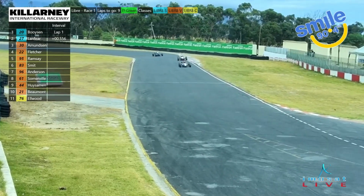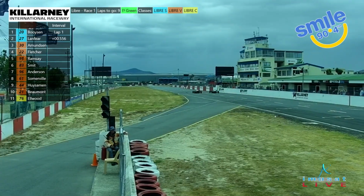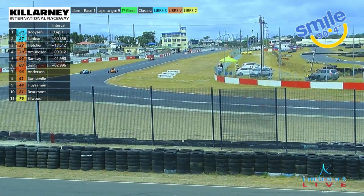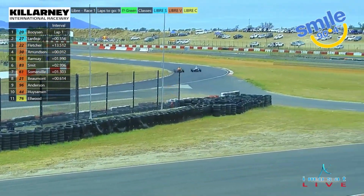Just up behind him is Donovan Ramsey and young Joshua Smith sitting up in P6. Ricky Anderson's a bit further back still. Somerville's in there, Ulrich Haysamen and then James Beaumont. Well, Kelly Fletcher is on the outside of Zayna Munson now. Zayna Munson will have that inside line, but they are wheel to wheel as they go through onto the Joubert